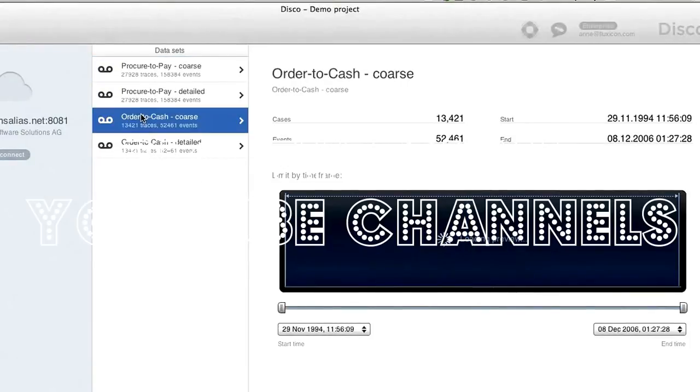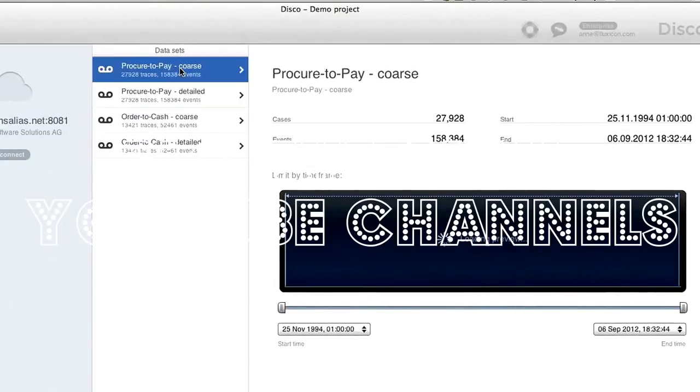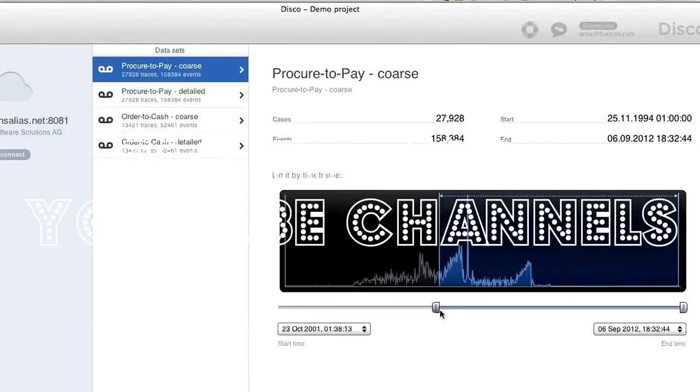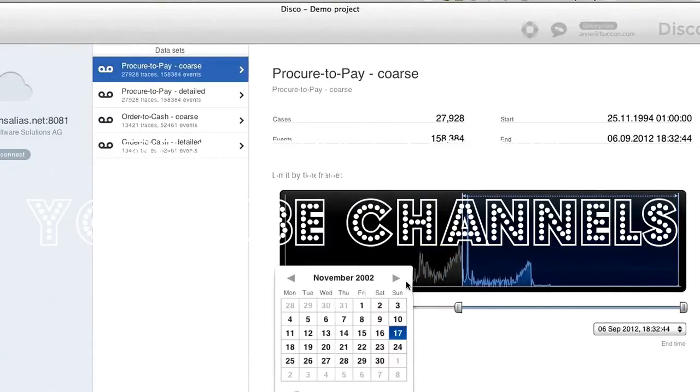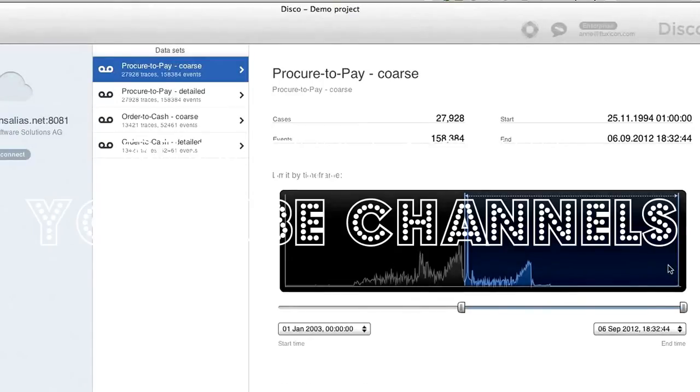So we have two end-to-end SAP processes here that can be analyzed: Order to Cash and Procure to Pay. Let's say we choose the Procure to Pay process and we want to analyze the process up to now, but we want to get just the most recent data. So let's say we limit the time frame here to starting from 1st of January 2003. We can make it really specific. And then that's exactly the time frame that we want for that Procure to Pay process up